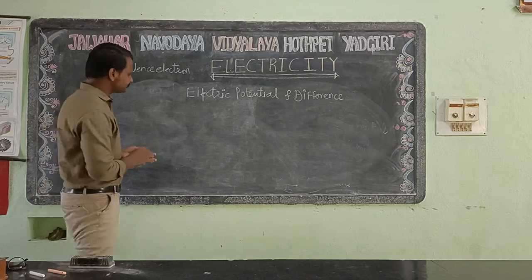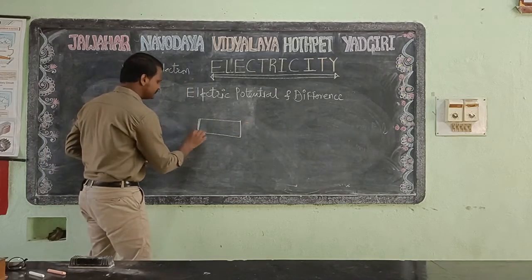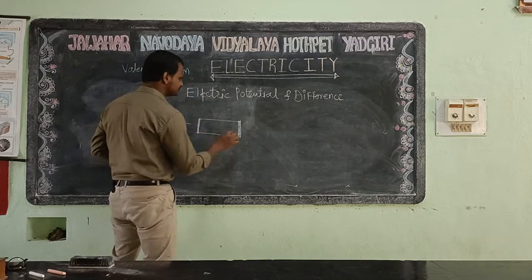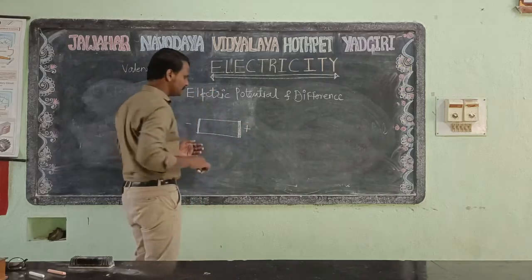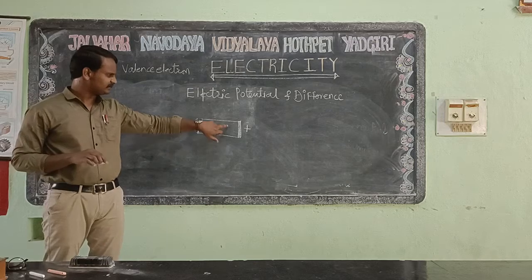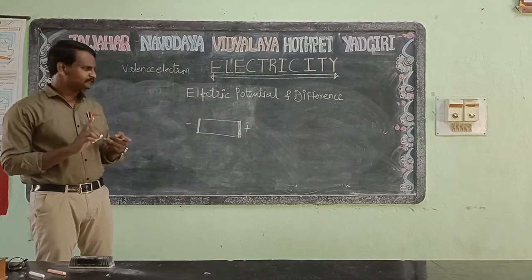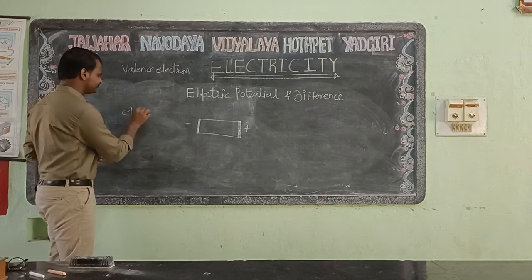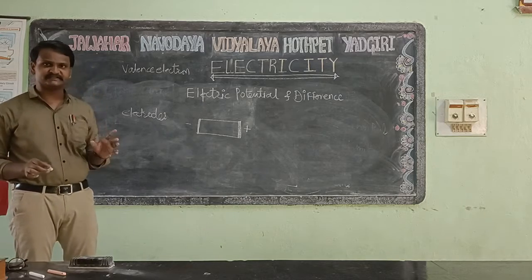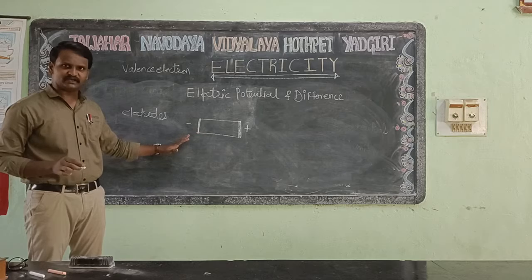Let us consider a battery. In this case one side is positive and one side is negative. Inside the battery some chemical reactions are going on. That chemical reaction can be understood by using electrolysis. In that case two electrodes are there, due to which one side creates a positive charge and the other side creates a negative charge.